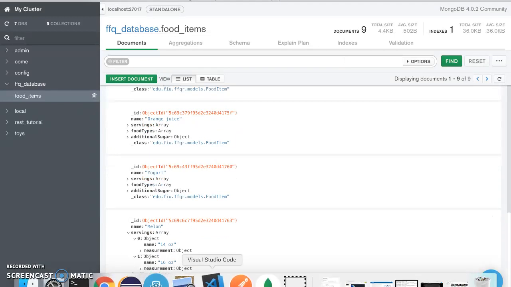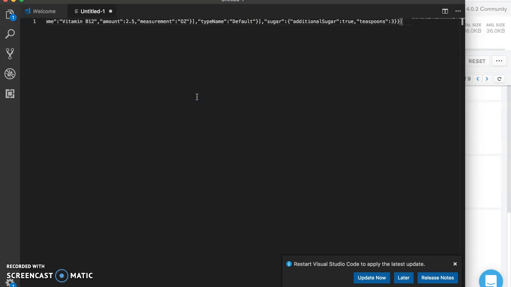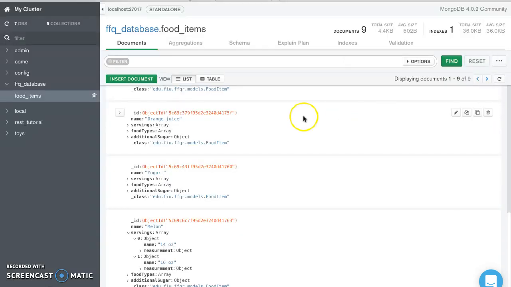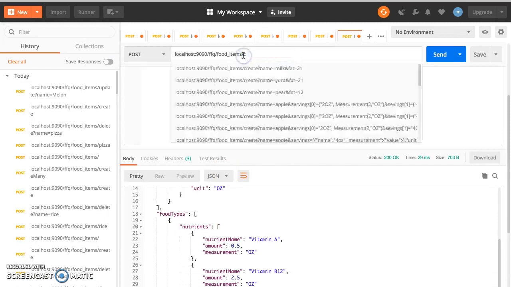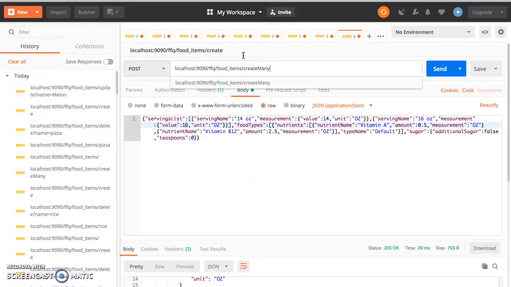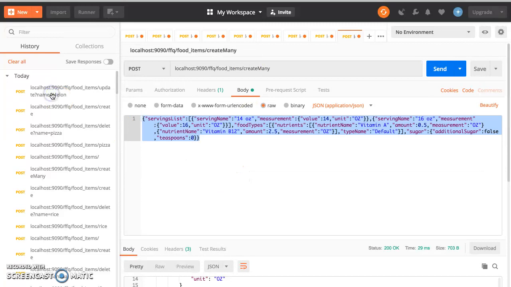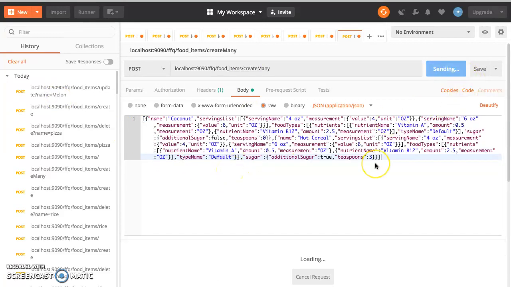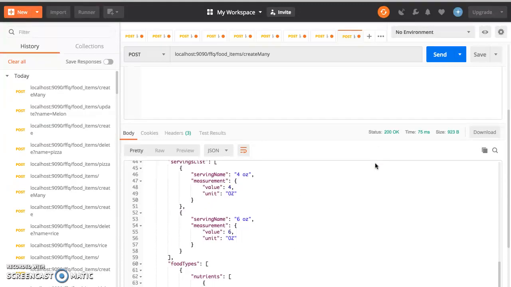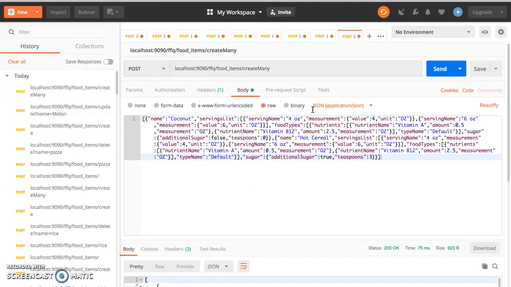Now let's try to create multiple items in the same API call. So we will have the create many call and pass it a few items. So here we see we created coconut, hot cereal,